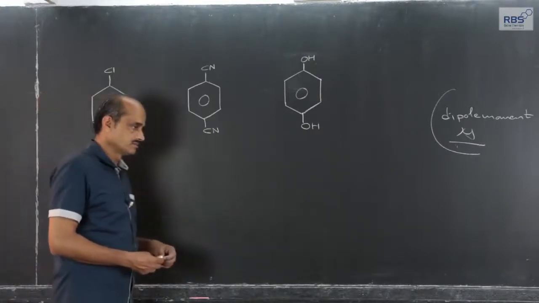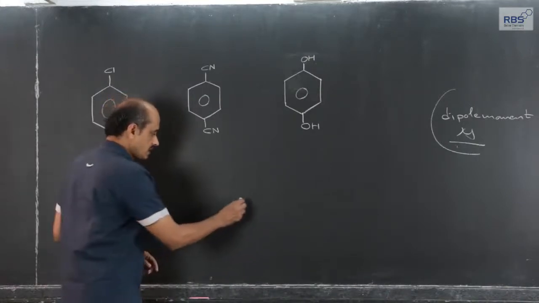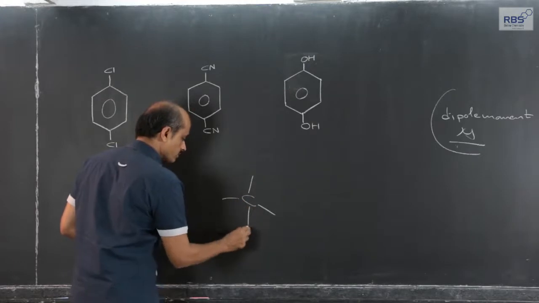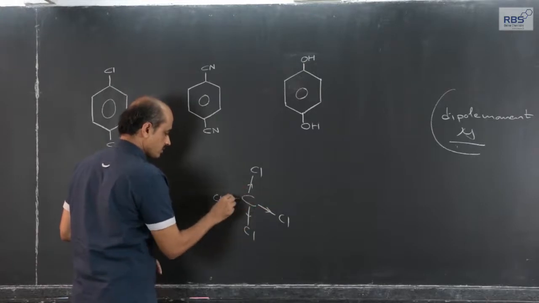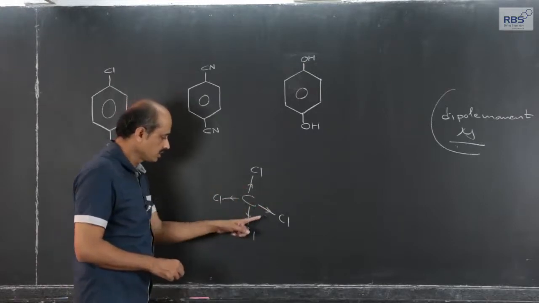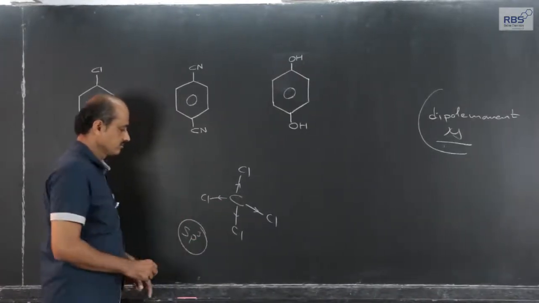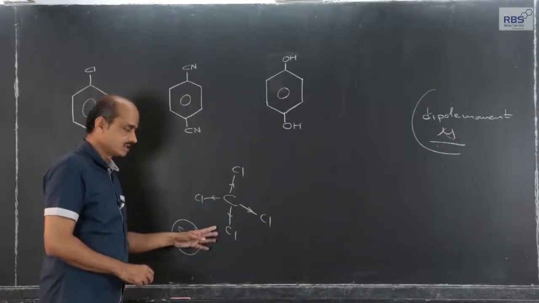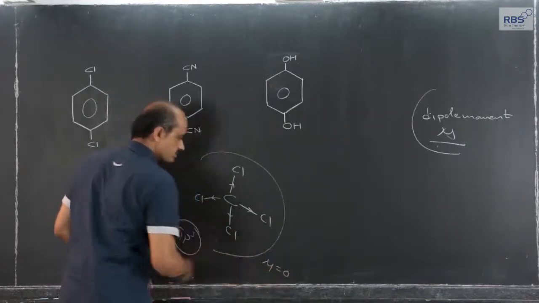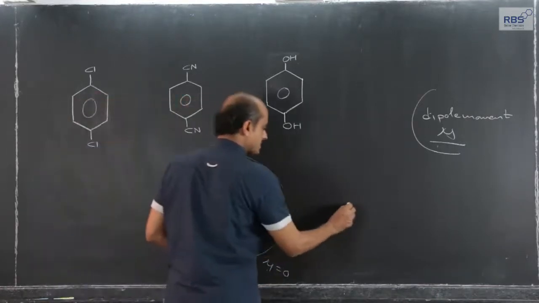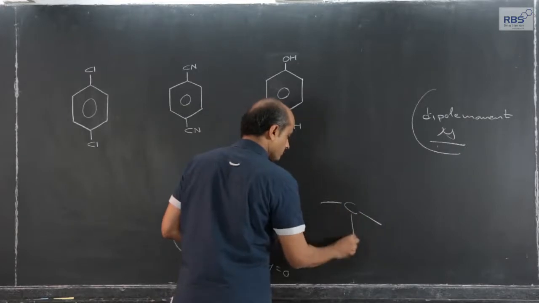Even earlier we had compared carbon tetrachloride and chloroform. Carbon tetrachloride, although the carbon chlorine bond is polar, chlorine is more electronegative than carbon, but since all the bond pairs are identical and carbon is sp3 hybridized, it is perfect tetrahedral, and therefore effective polarity is 0, dipole moment is 0. But instead of carbon tetrachloride, if we consider the example of chloroform,